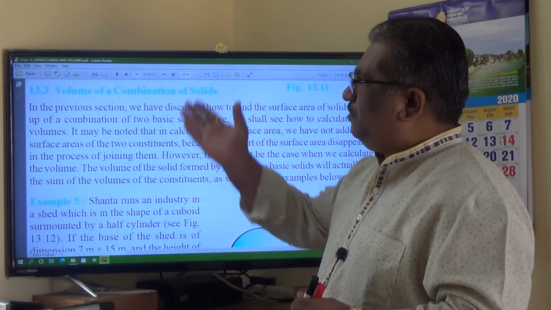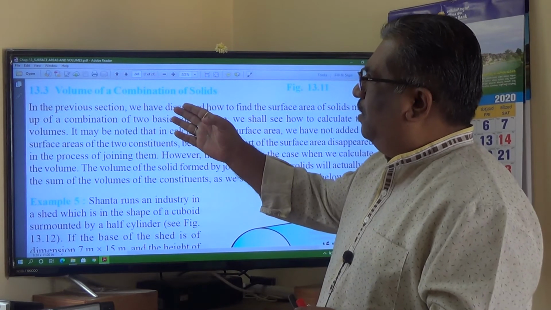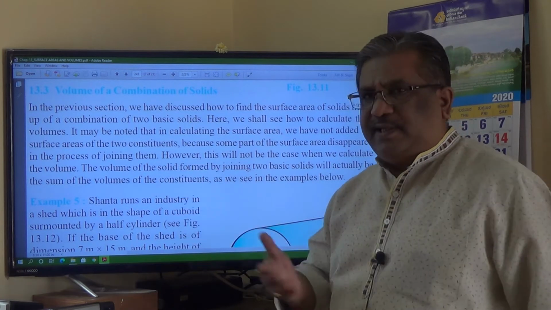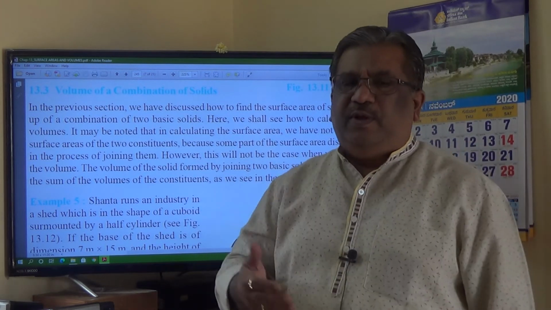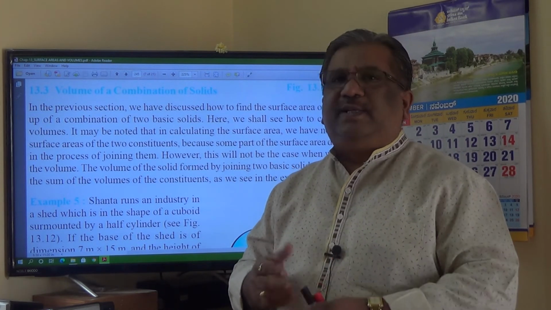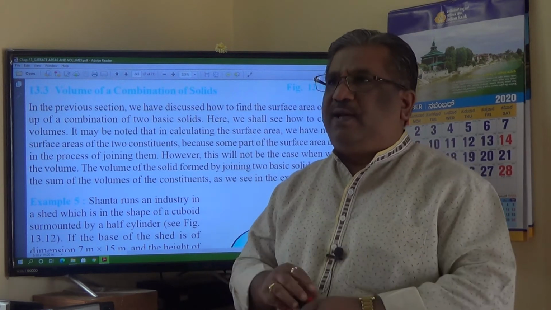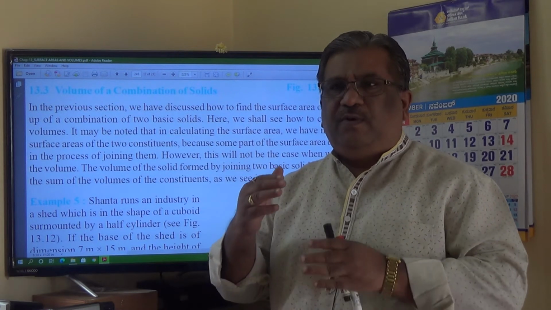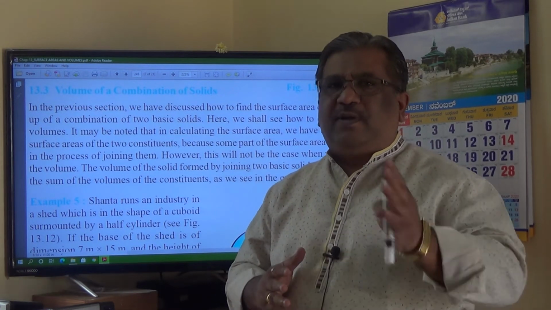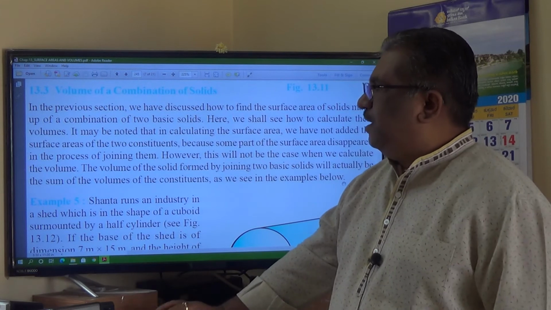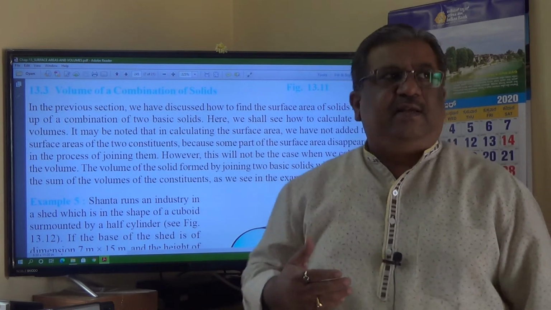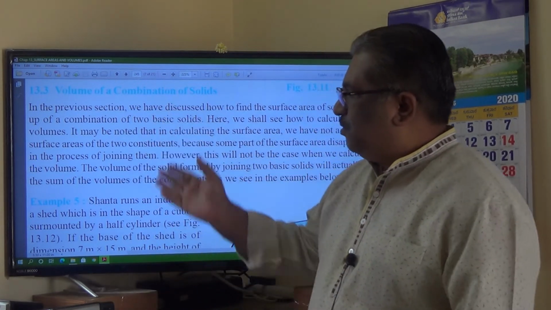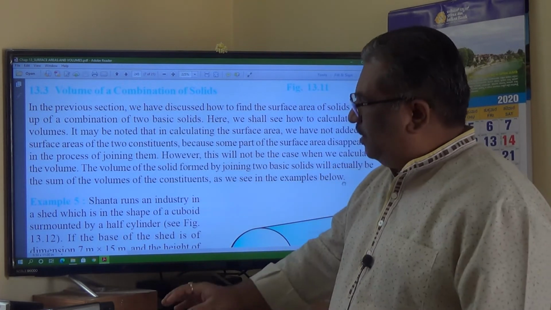So in the numericals of volume of combination of solids, there are a few example sums and exercise. You have to go through the example numericals yourself, which have been solved very clearly. The explanation is quite clear in the textbook. So with respect to example numericals, you solve them. Okay, I will be taking up directly the exercise. I think exercise number 13.2 I will be taking. But let us go through very quickly what these example sums are.